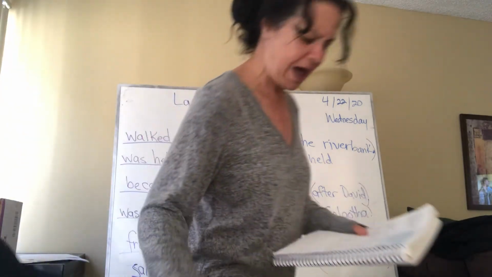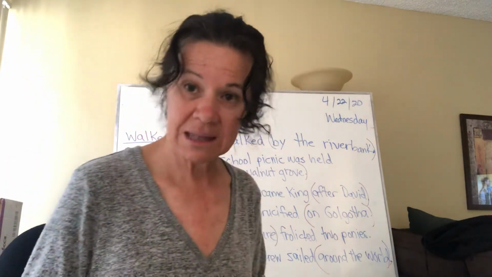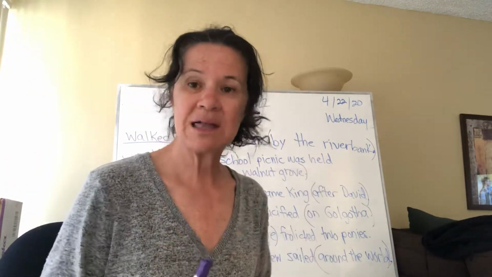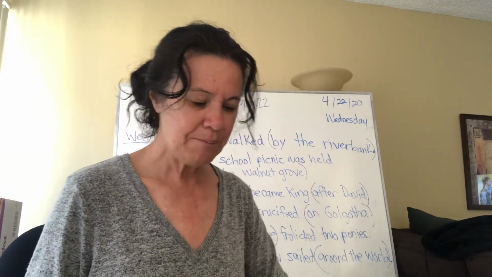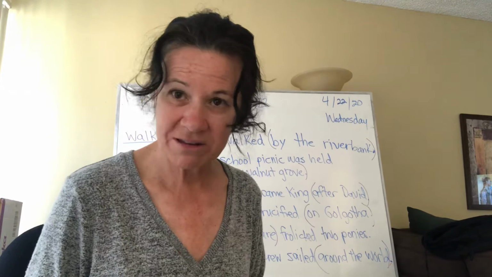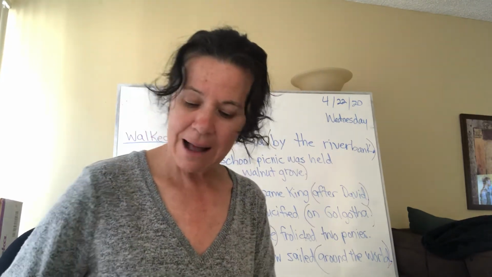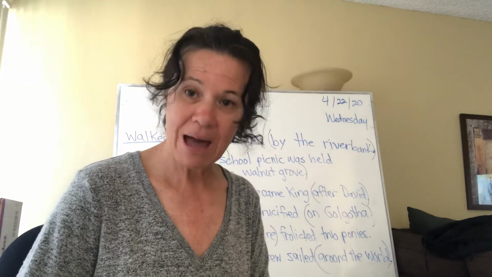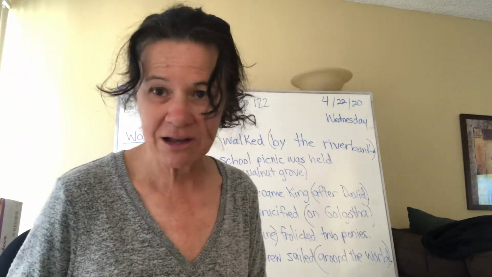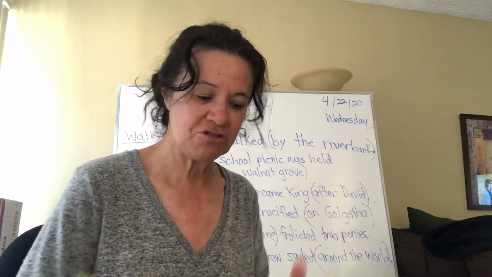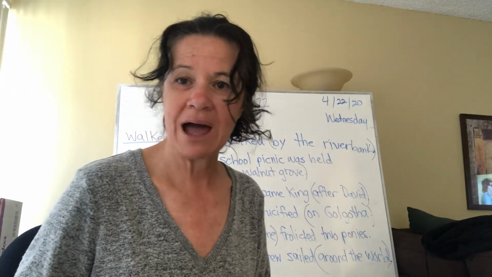So you're going to do that on numbers 7 through 15, exactly what we did. And like I said, we'll go over these during our Zoom sessions, okay? So that's what you're going to do on page 122. So that is the first part. And then I'm going to come back in a minute with part 2. I need to erase the board and set it up. That's why I can't do it all at the same time. I don't want to waste your time. So you could be working on this, and I'm going to prepare, and we will look at part 2.